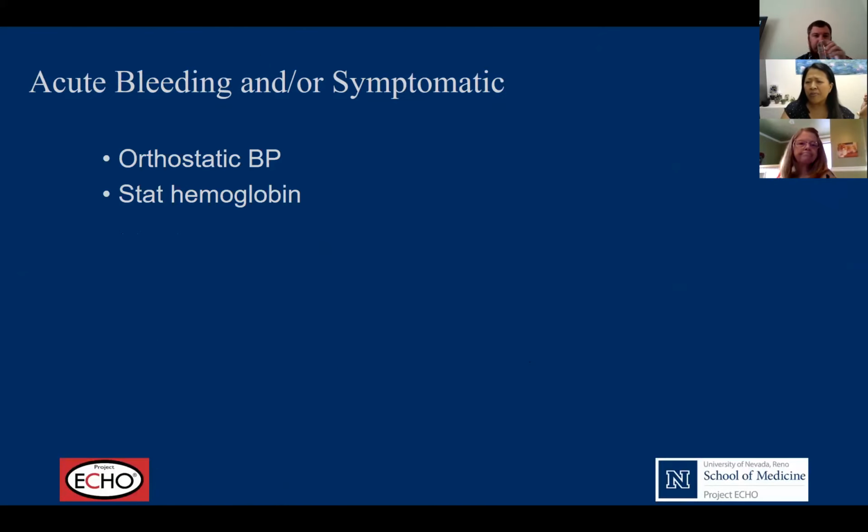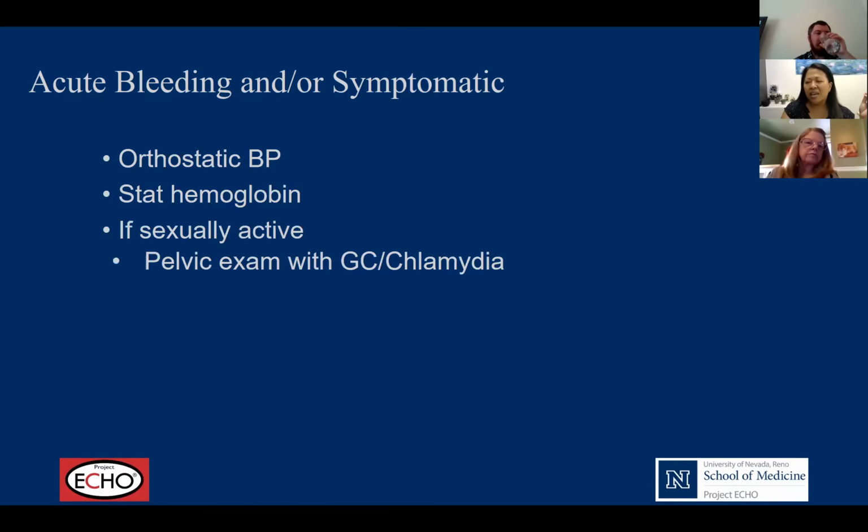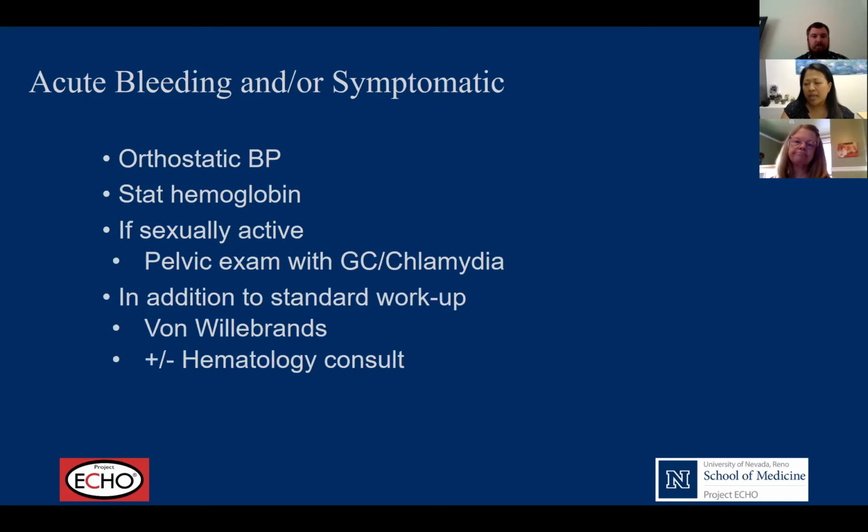So what do you do if they're bleeding in your office and or they are symptomatic? Then you want to do vital signs such as orthostatic blood pressure. You do a stat hemoglobin. If they're sexually active, you want to do a pelvic exam and do STI testing. And then, depending on the history, if it's excessive enough and they're anemic, you want to think about additional hematological workup and